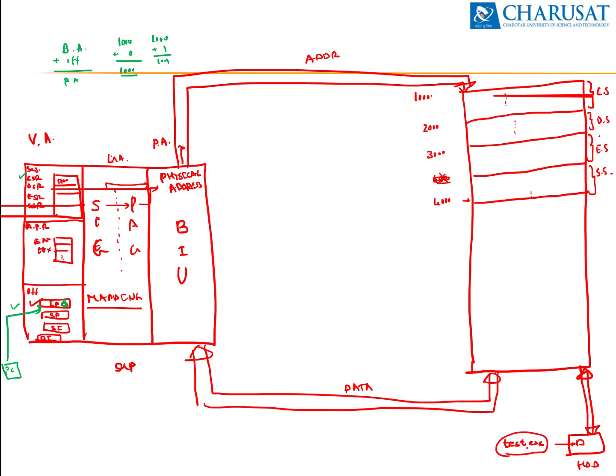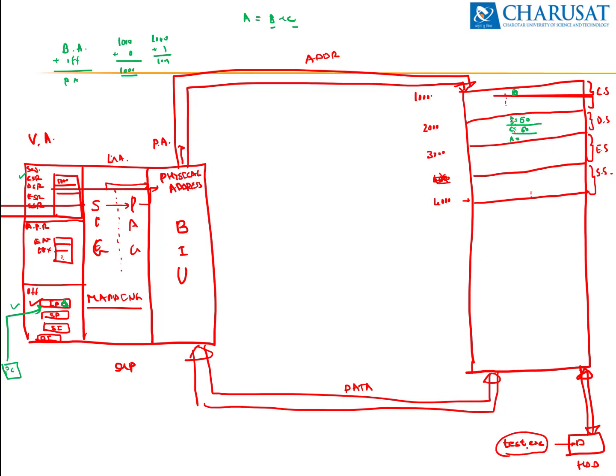Now, to understand the data segment, let's take one example: A equals B plus C, where the value of B is 50 and the value of C is 60, and these are the address locations for B, C, and A. If the microprocessor wants to transfer data from variables B and C, because the operation is A equals B plus C, identified by the first instruction as an addition operation, it has to fetch the data of B and C from memory to the microprocessor. That's why it requires the physical addresses of B and C.